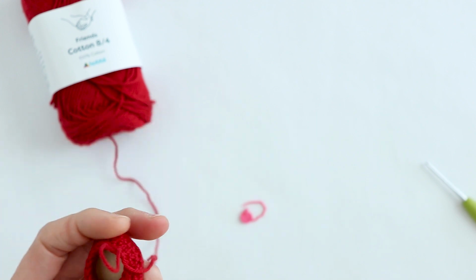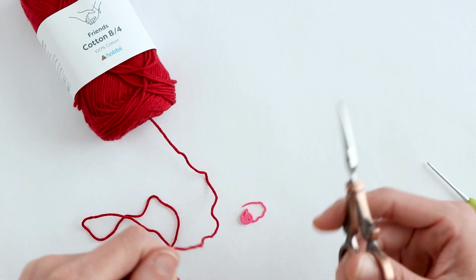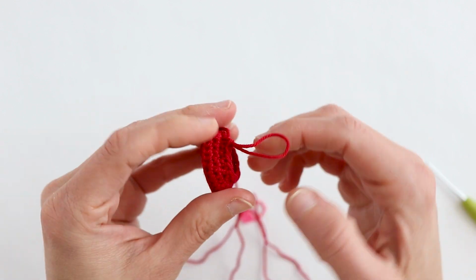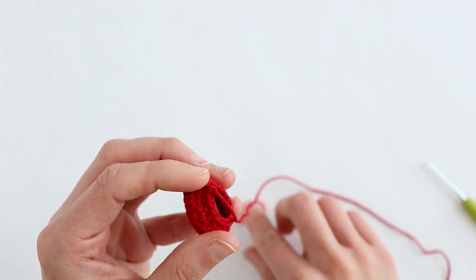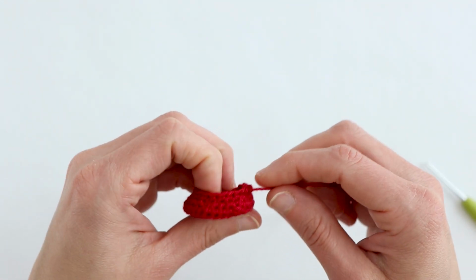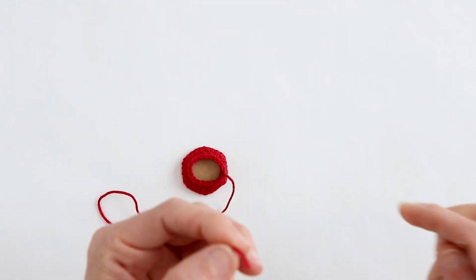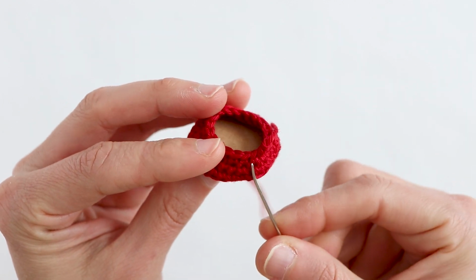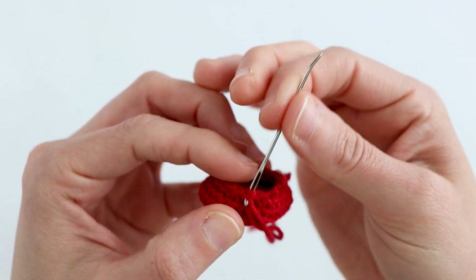So now I'm just going to take my yarn and fasten off, and I'm going to leave a tail because I need to sew this on. And then you'll just take this tail and pull it all the way through. And now I'm going to make a clean fasten off. So with my yarn and a yarn needle, you're going to go into not the first stitch, but the second stitch. Go under both loops, pull it through,